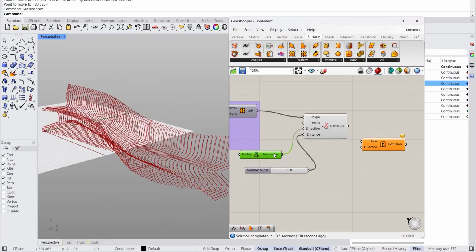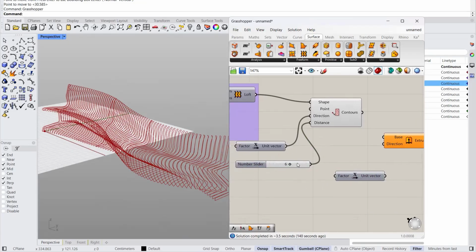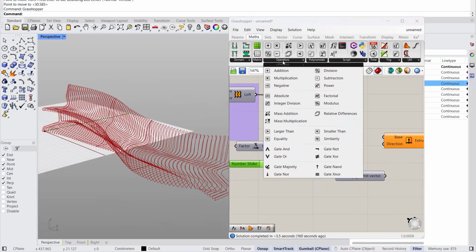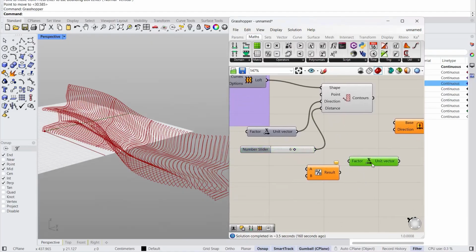So I'm actually going to make a copy of our x vector. And for the amount, basically, we need to provide an amount. I'm going to take whatever this distance is and divide it by 2, right? So this way we can create a plywood, let's say, structure that looks like it's spaced every other. So for us to do any operations, we're going to go to maths, we're going to go to operators, and we're going to use a division. So we're going to say whatever that number is